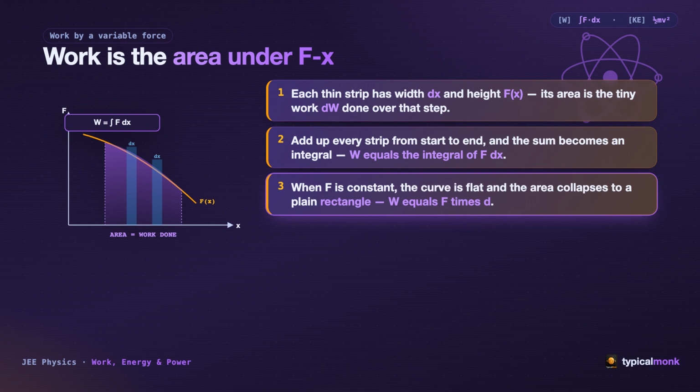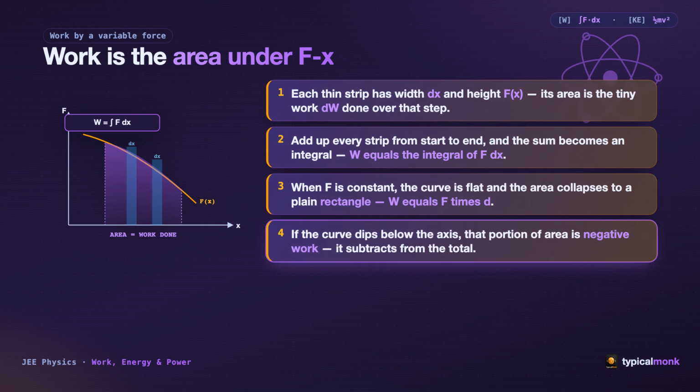David used to panic whenever a force was written as a function of x instead of a plain number. Once he saw that a constant force is just this same picture with a flat curve, so the area collapses into a plain rectangle, force times displacement, he realized he already knew the special case. He just needed the general one. And here is the twist JEE loves. Wherever the curve dips below the axis, that patch of area counts as negative work,